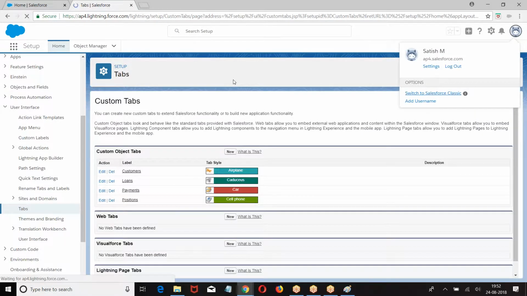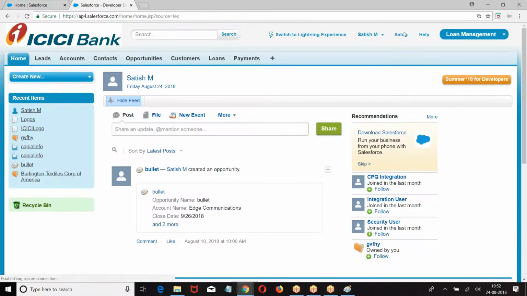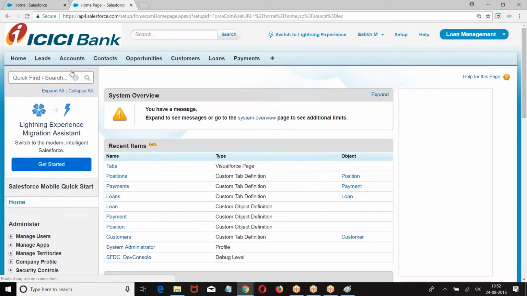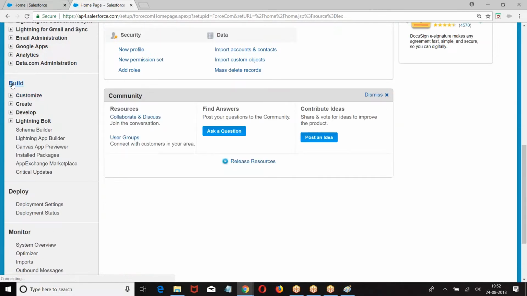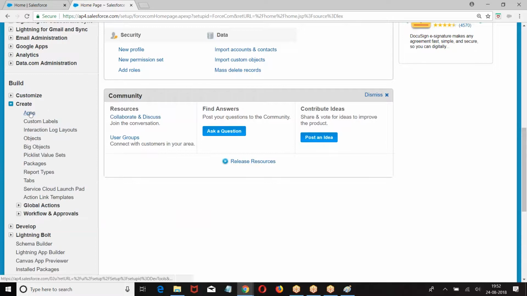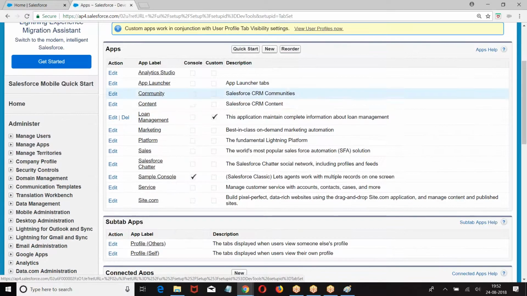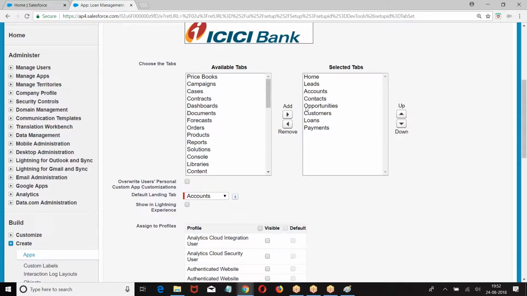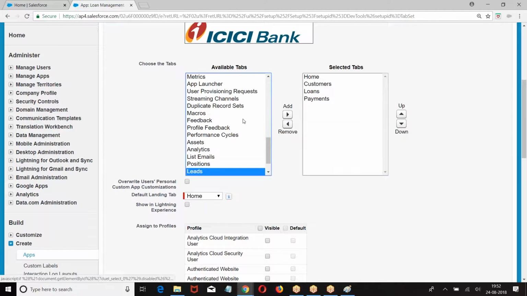If you remember how we created applications, there are two ways in which I can add a tab to an application. One is go to build, create apps. At the time of creating an app, we had an option: choose a list of tabs which you want to display. Do you remember? Default landing tab.